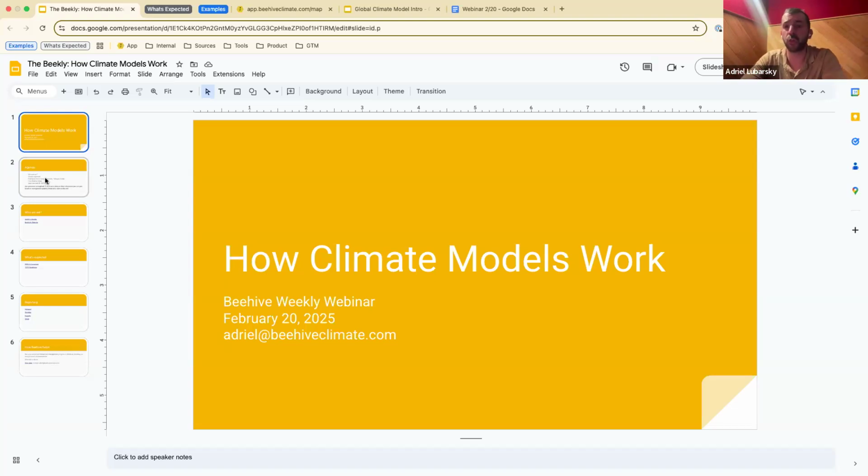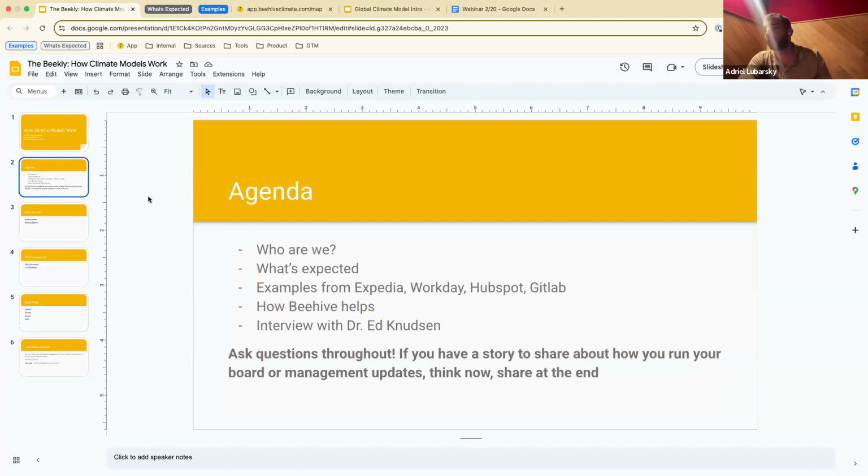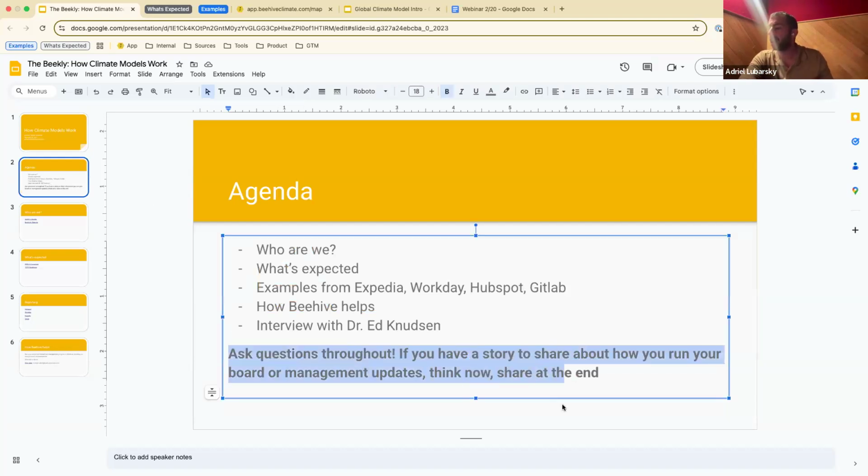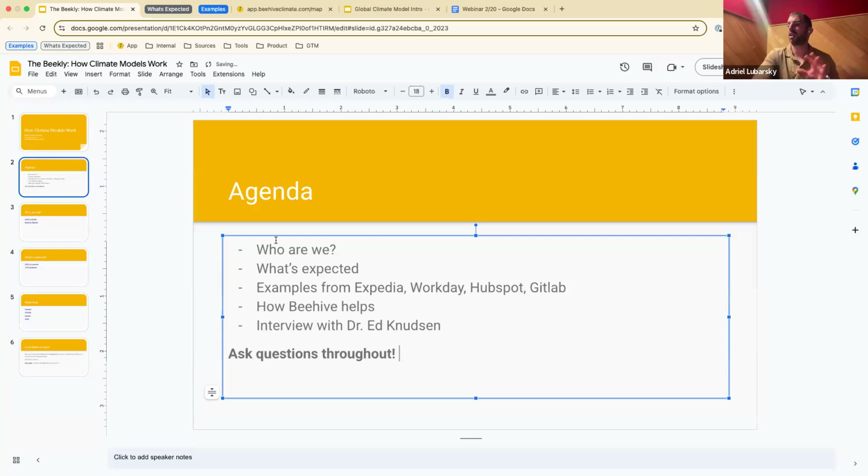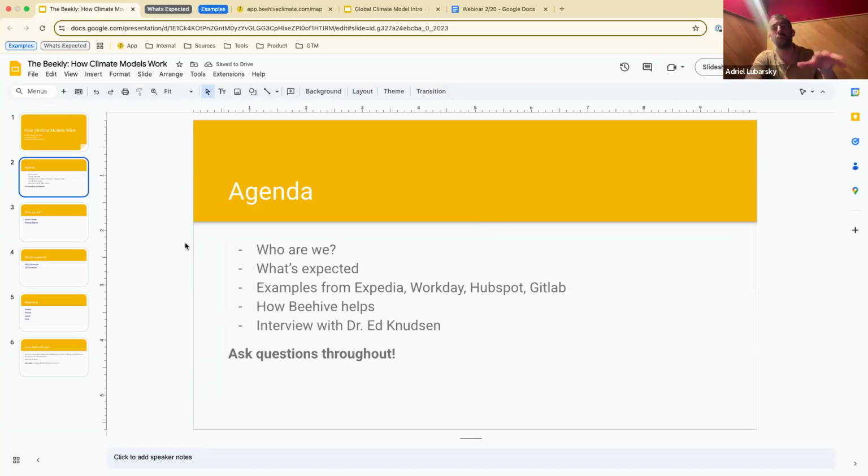And so we're going to talk about physical risk modeling, how it normally works, kind of the science behind it. So this is what we're going to talk about. Actually, let's fix this. There we go. So we're going to talk a little bit about who we are and why we're talking about this, what's expected. So from a regulation perspective, what sort of physical risk modeling you need to do. We'll give a few examples of a few companies and the sort of risk modeling that they put forward and how they report on this.